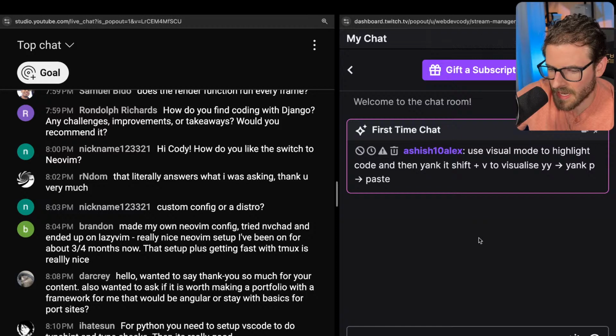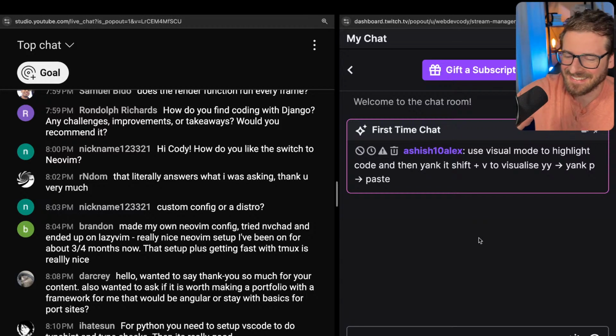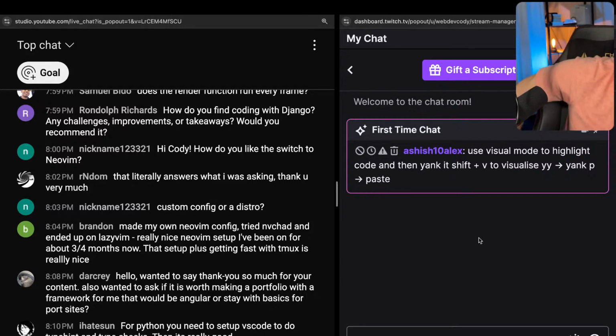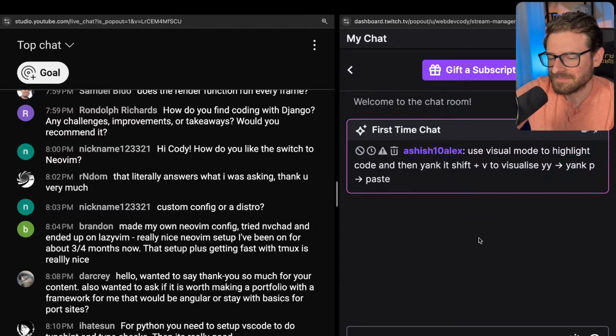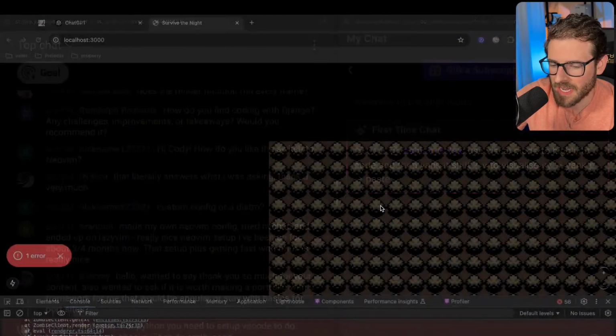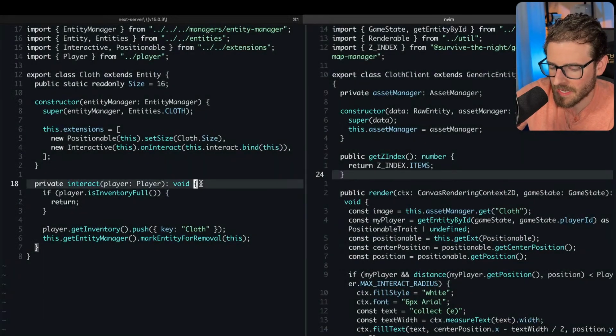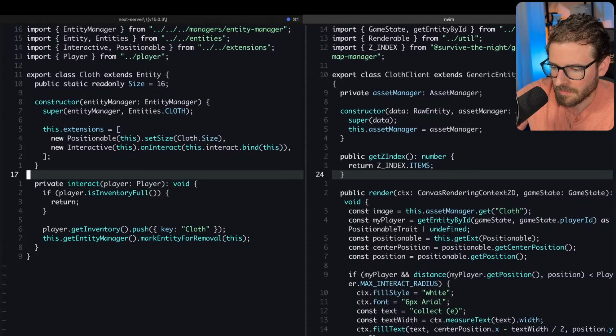Use visual mode to highlight the code and then yank it. Shift plus V to visualize, yank, P paste. What? Shift P to visualize. I know what you're saying, right? Let's try it again. So we'll go 6 up or 5 up.